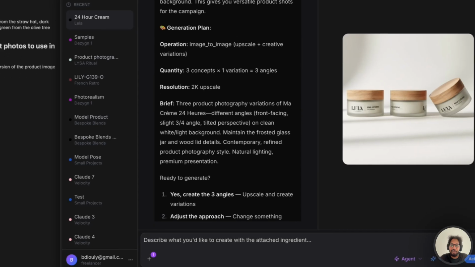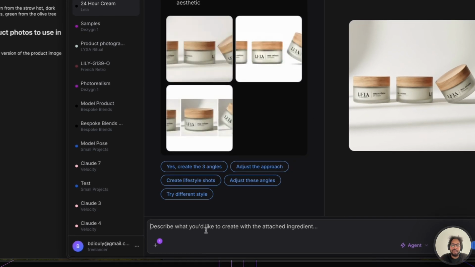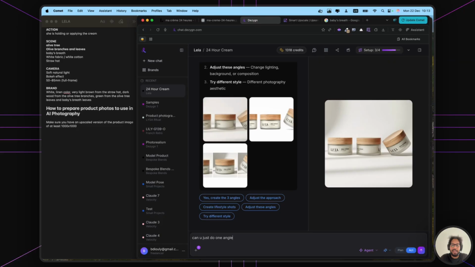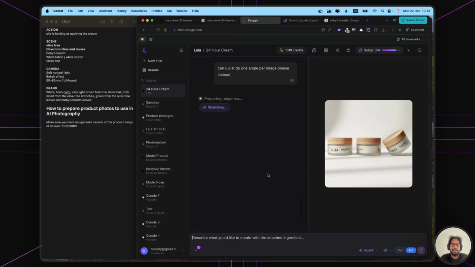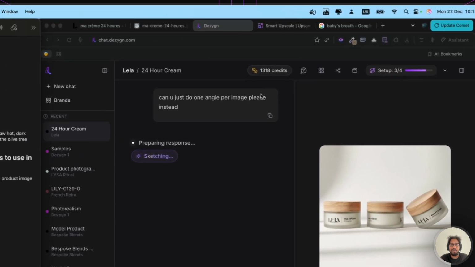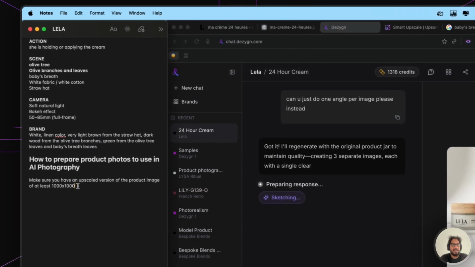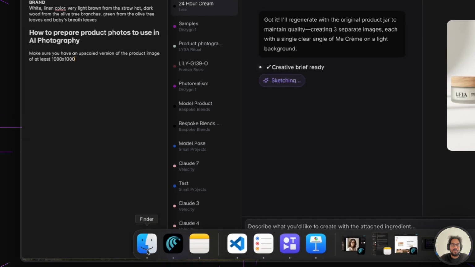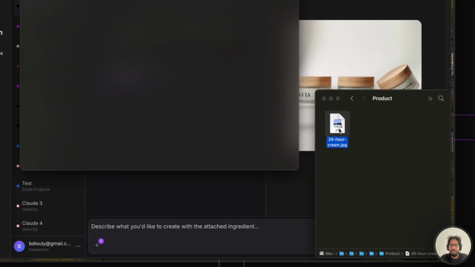Okay, I could also ask her to isolate. Can you just do 1 angle per image, please, instead? Okay, so I'll ask her to do that as well, so that we have a couple of versions. Okay, but this is good materials to have, certainly, because like the image I had at first, this one, it's